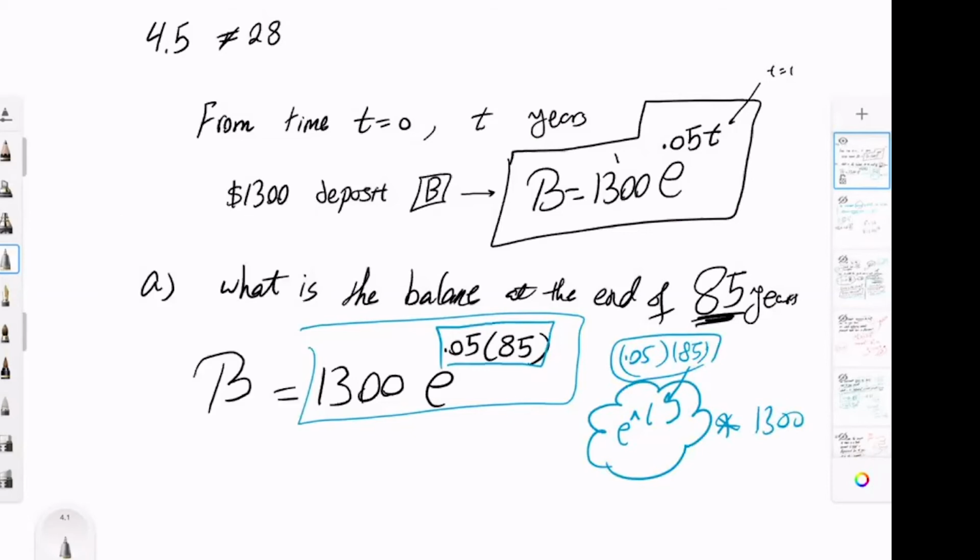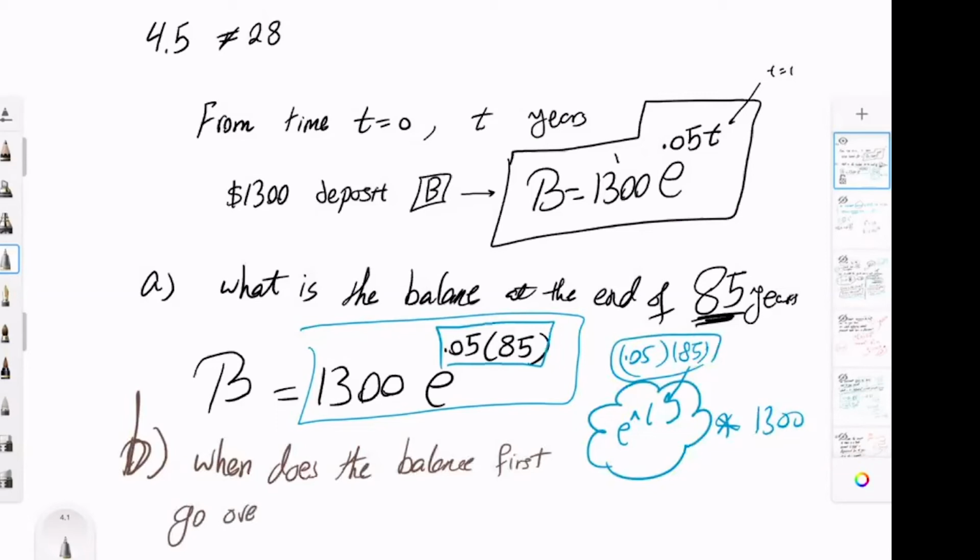All right, for part B, they said when does the balance first go over 50,000? So now they're saying when the balance will be 50,000. This is a very good homework question to lead into chapter 5. So how do we solve this? Here we are looking for t, correct? We're looking for time. We have the B, and this B becomes 50,000. So 50,000 equals